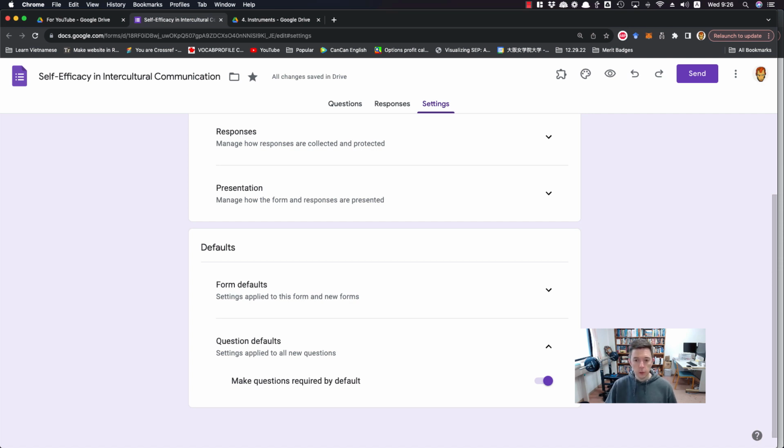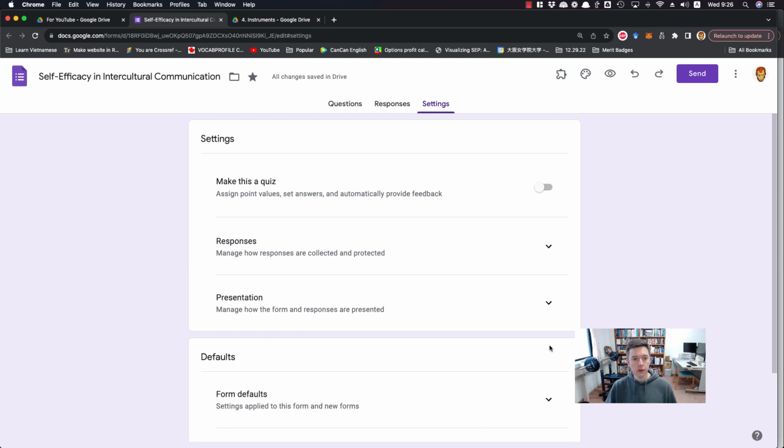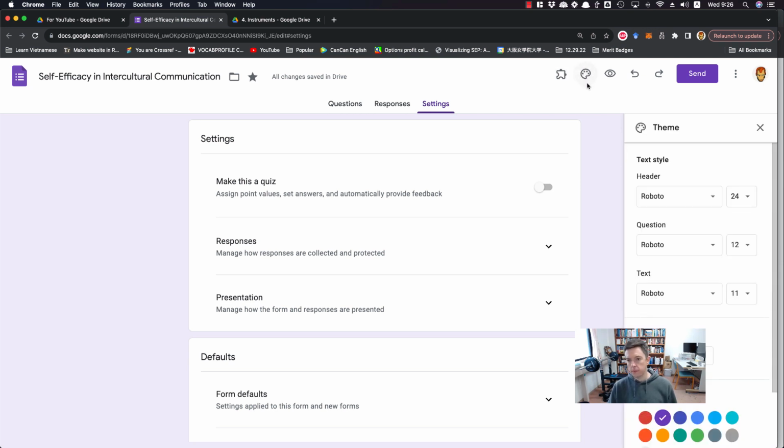So essentially, when we look at this page, almost every single thing is turned off, except for one or two. But this is important, and you should do this before you start putting your questions in. Get your settings right. Another thing I recommend you do before you make your questions is just choose a theme. Usually the text style, the header, the question, and the text, it's all fine. I recommend changing up your color scheme. Google has this automatic purple Google form look. It's okay, but if you choose an image,